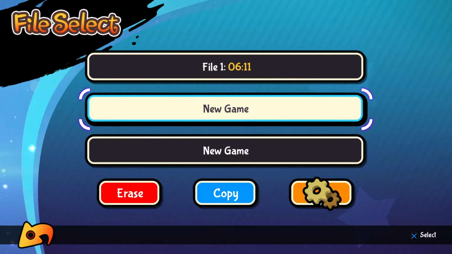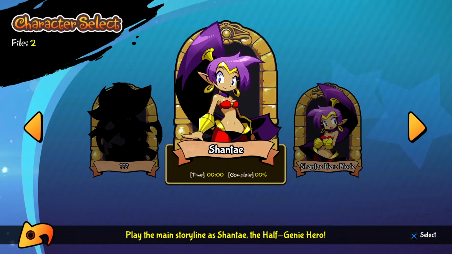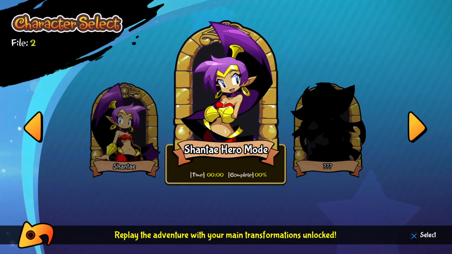So we're going to start up a new game. As you saw, it took me a little over 6 hours to finish on my first playthrough. And that's with about, I think it was around 80% completion. So there's still some collectibles I was missing. After, on your first playthrough, you just play Shantae. After you beat it, you can play Shantae Hero Mode. This is replaying the adventure with your main transformations already unlocked. So that's something that, especially if you want to go for the speedrun trophies and stuff, probably the way